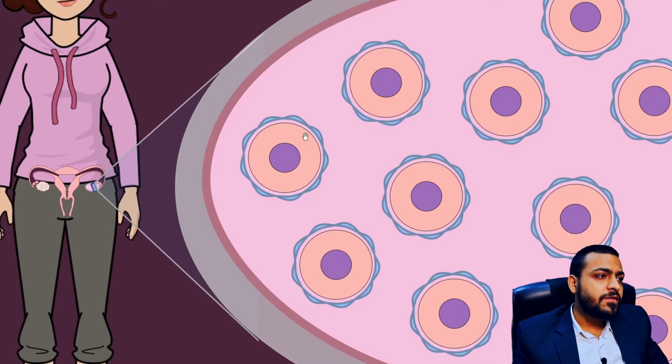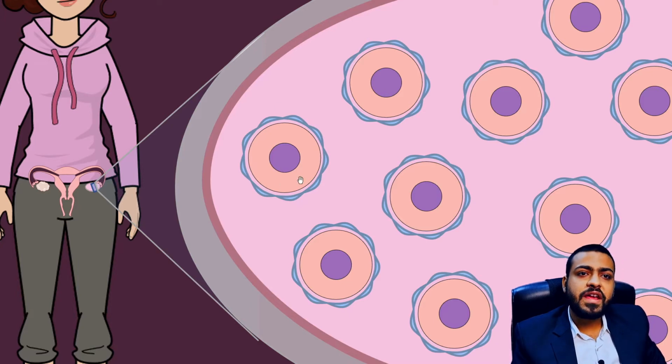They consist of a primary oocyte arrested in prophase 1 of meiosis, and these primary oocytes are surrounded by a flattened layer of follicular cells. So this whole structure, the primary oocyte surrounded by a layer of follicular cells, is named